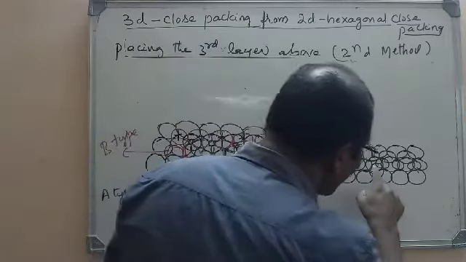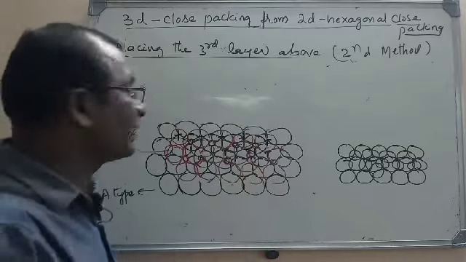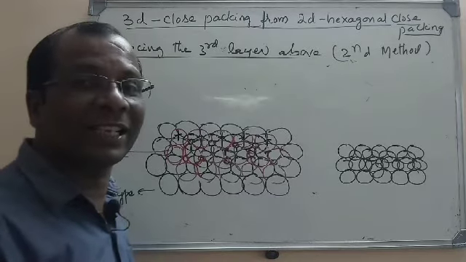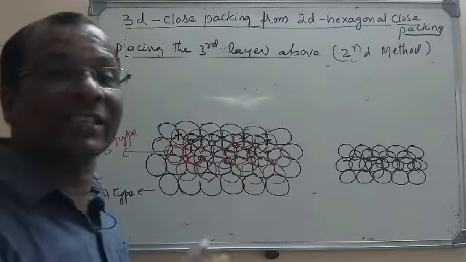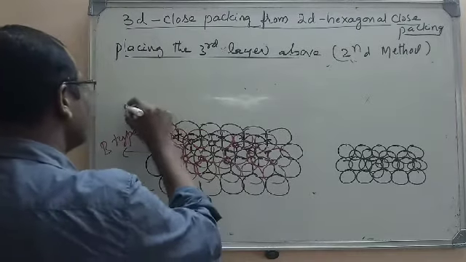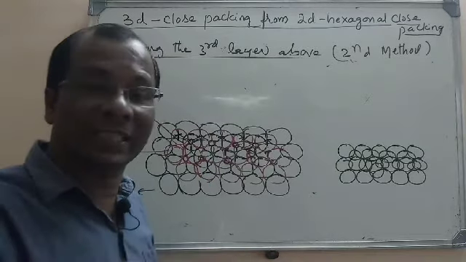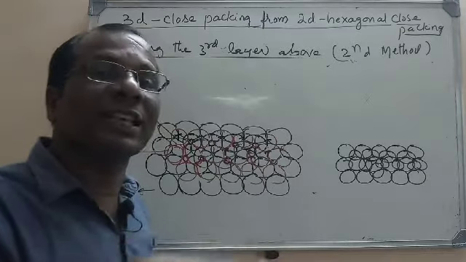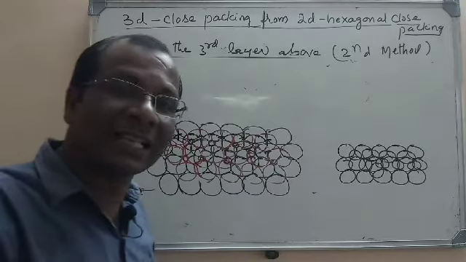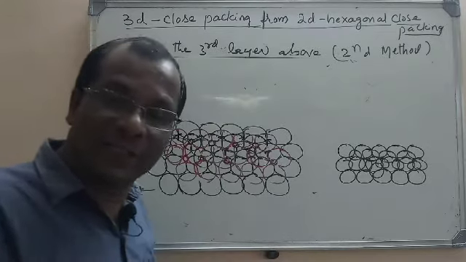Now if the octahedral voids produced in the second layer are covered by the third layer, then we can observe that the third layer of spheres is arranged entirely different from both A and B. This is the arrangement of the layer. So here this is C type. Once again I am saying that I have placed the spheres of the third layer by covering the octahedral voids of the second layer. When I did so, what I observed is that the third layer has aligned differently from A and B, so a new pattern of arrangement is obtained.